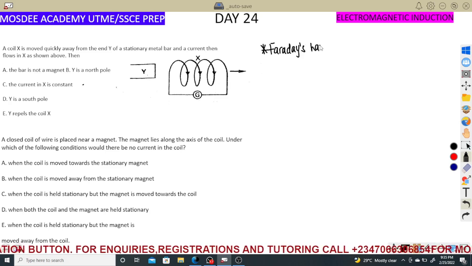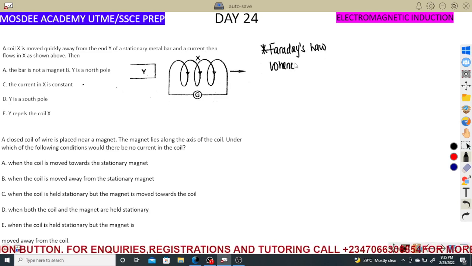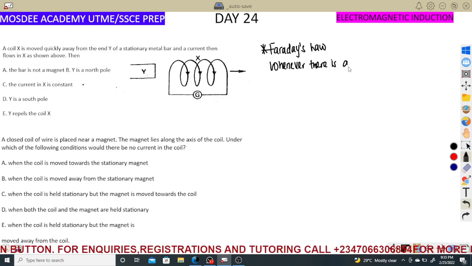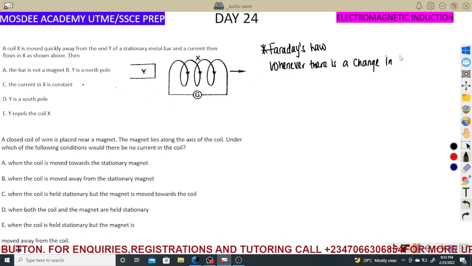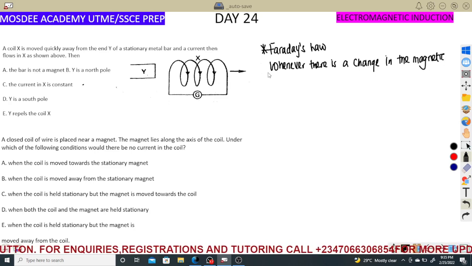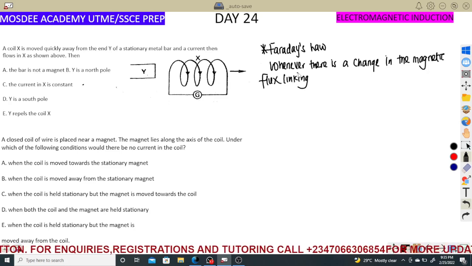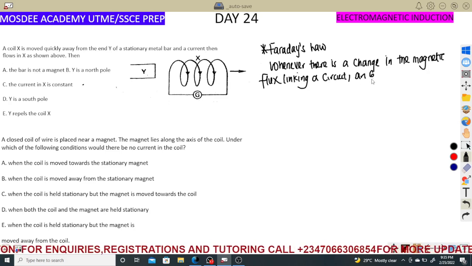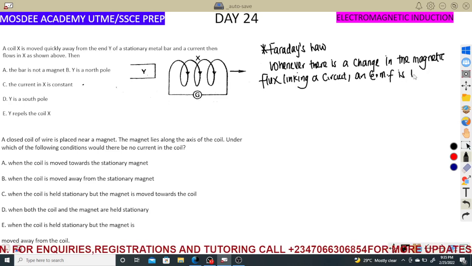Faraday's law of electromagnetic induction, the first one, says whenever there is a change in the magnetic flux linking a circuit, an electromotive force, which I write as EMF, is induced,